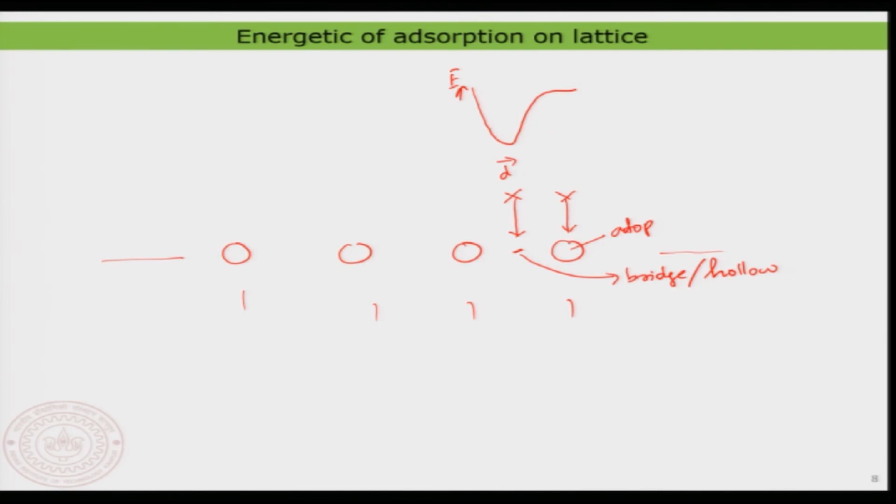But now on the top side, the interesting thing is that the same curve, if I draw it on the top side, would just look like that. So what is the difference? The difference is in the magnitude of the adsorption energy in the two different cases. Here you can see that the adsorption energy is much higher compared to that at the top side. So now if you plot the energetics of the adsorption of an atom along the lattice,